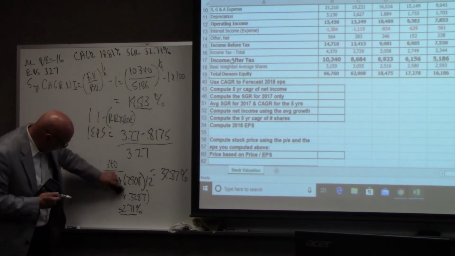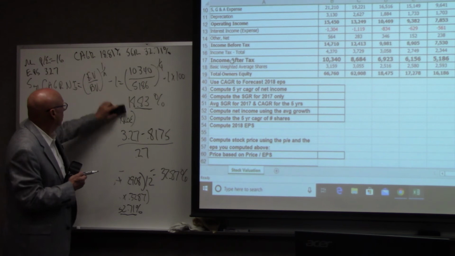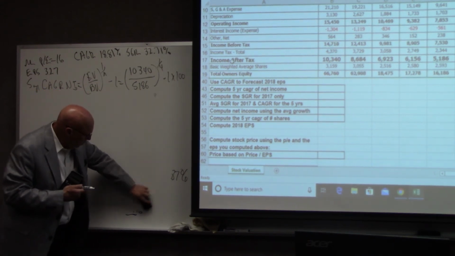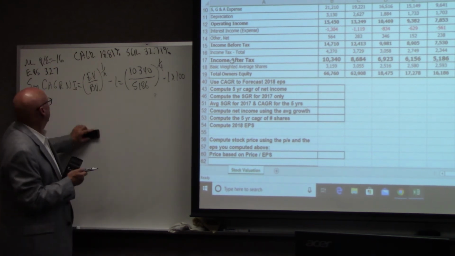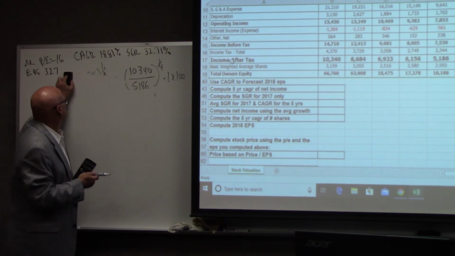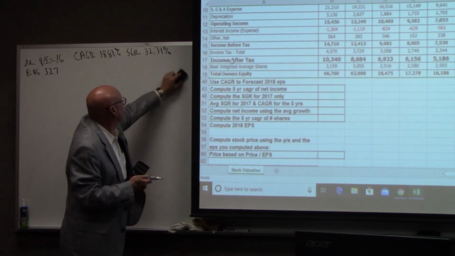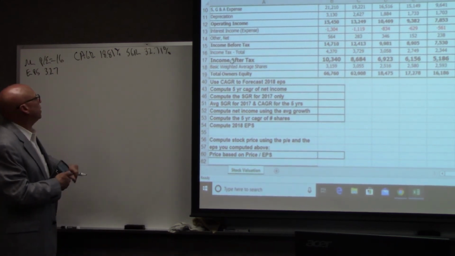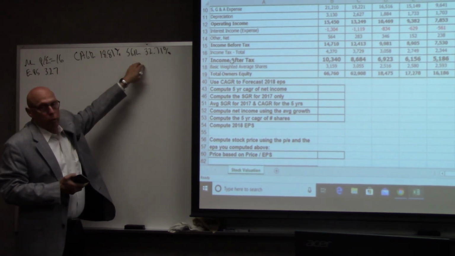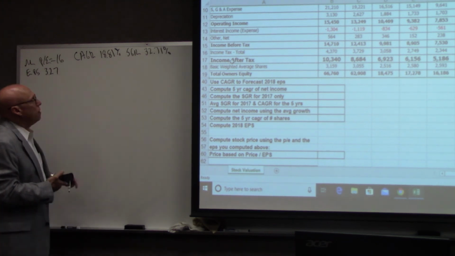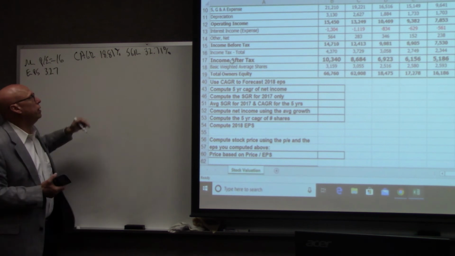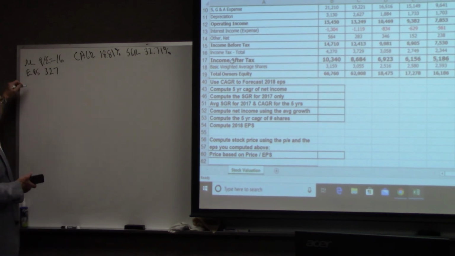One step at a time, folks, one step at a time. Now, understand that we did the CAGR for a 5-year period, but we only did the SGR for a 1-year period. That's why there's such a big difference. But I don't want to compute SGR for 4 years. Do you? All right, so let's average